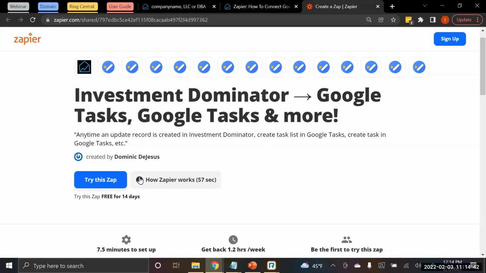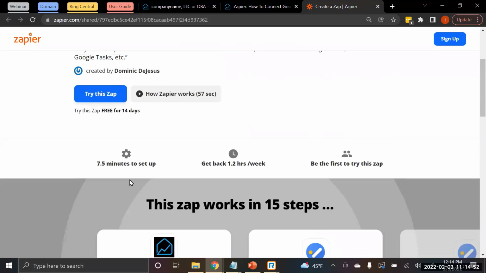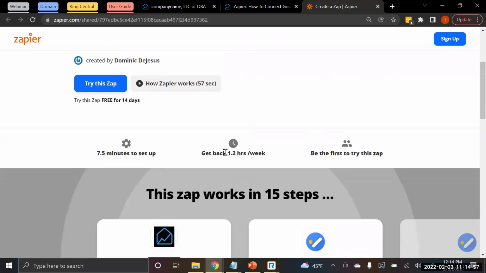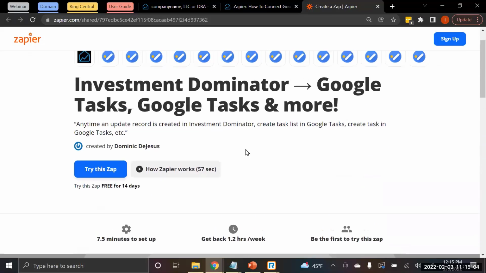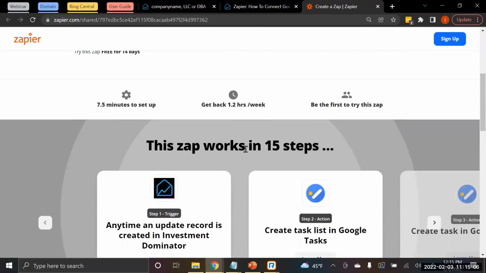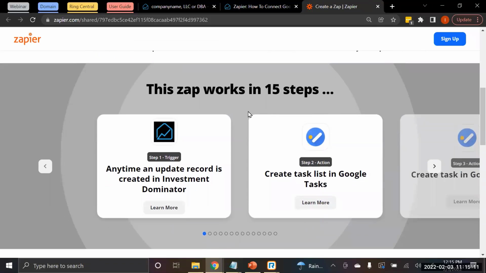But you'll see here that you can try this Zap for about 14 days, as well as even view a little video here on how Zapier works. And it'll just give you some information here. For example, it only takes about 8 minutes to set up and you get back all this time from automating this task. And what I can say is that, depending on the feedback that we're getting a lot from using Zapier and being able to automate some processes, we are expanding our capacity to be able to use